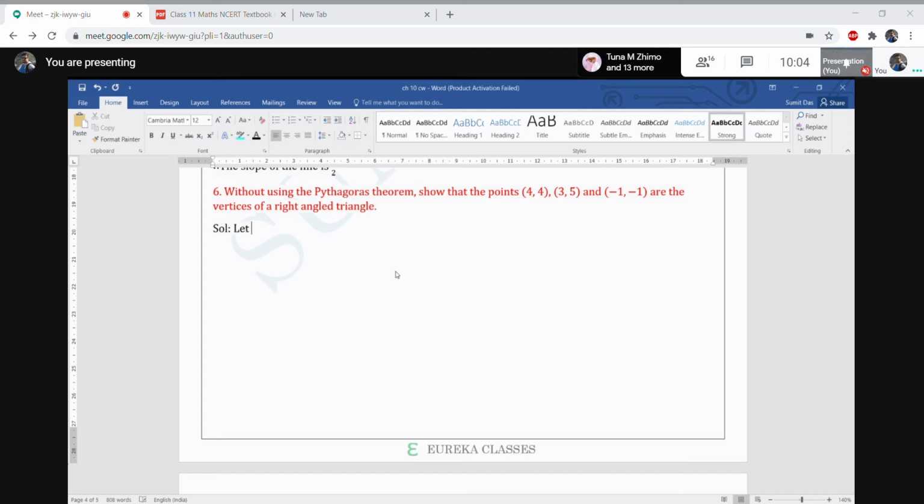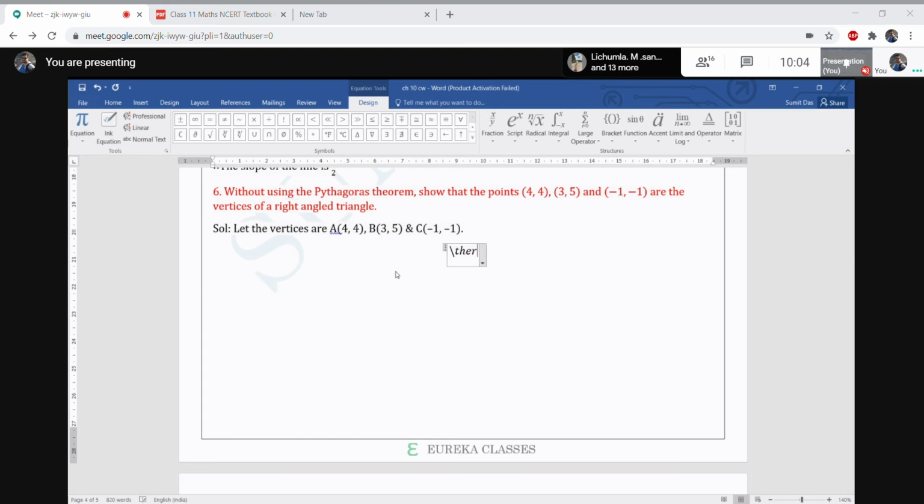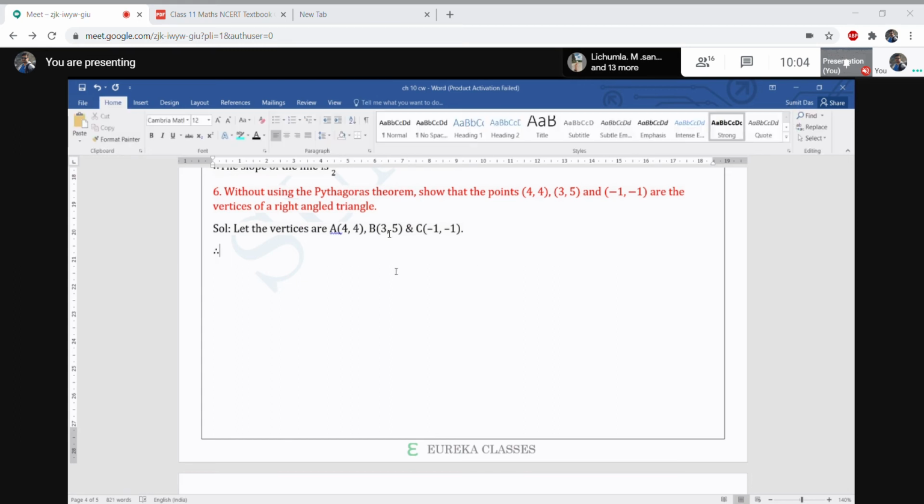Let the vertices be A, which is (4, 4), B, which is (3, 5), and C, which is (-1, -1). Okay, therefore the slope of